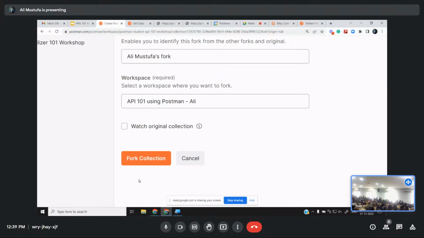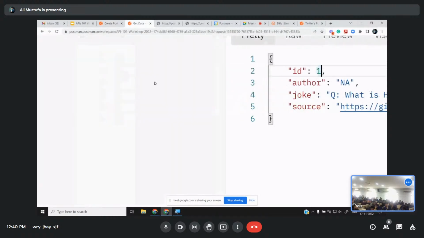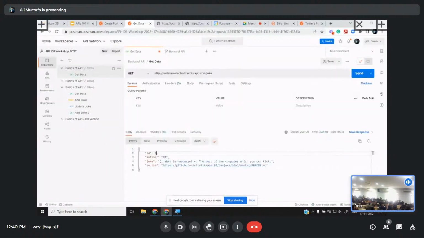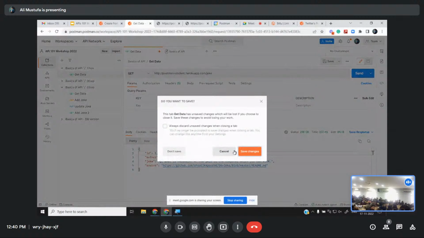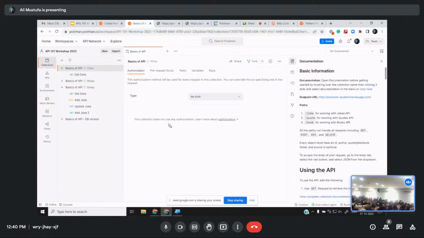I am going to select a different one, you use my workspace. Okay? And then what are you going to do? Hit fork. As soon as you hit fork, the page will refresh. And it will take you to the forked version. Okay? You don't have to go anywhere. The page will itself refresh and take you to the forked version, which means you will be here. You will see a forked version like this in your own workspace. Let me zoom this out. This is how it will look. Let me close all these tabs. I don't save changes. Okay? This is how it is going to look. Okay.